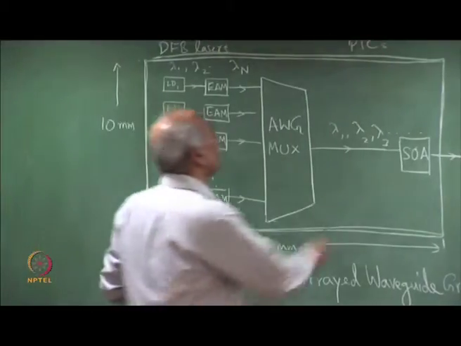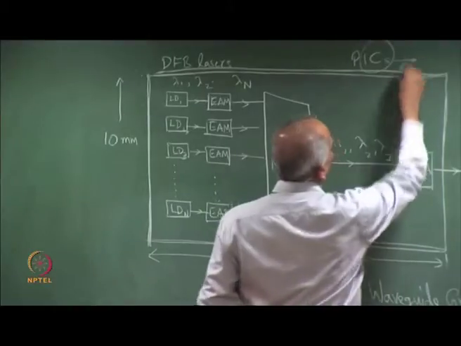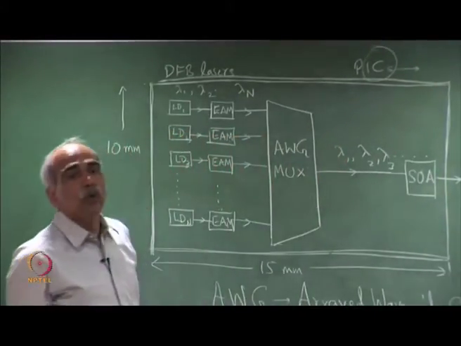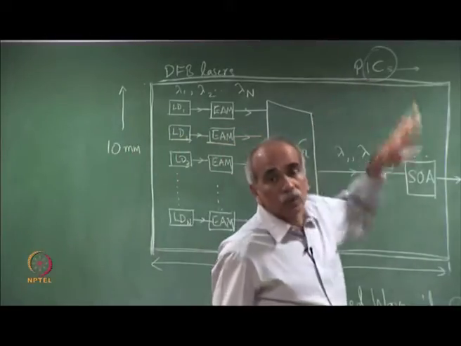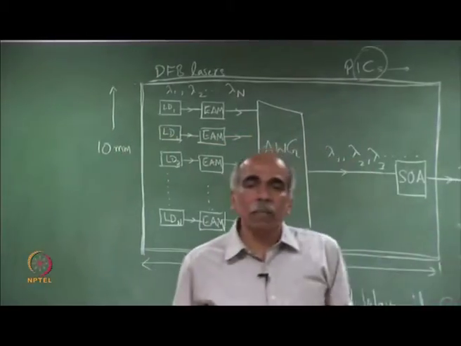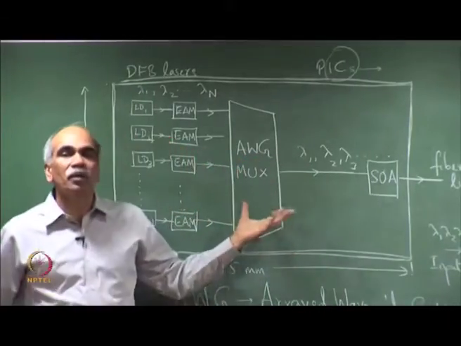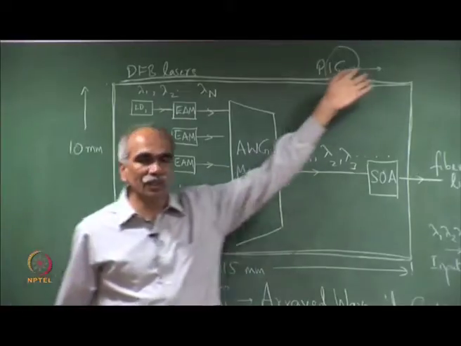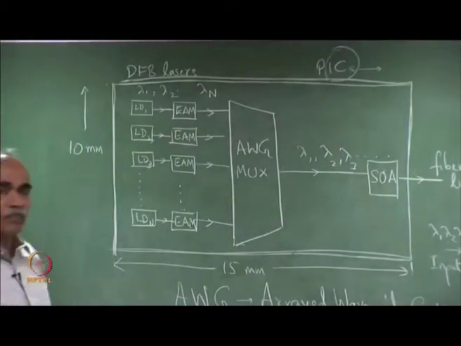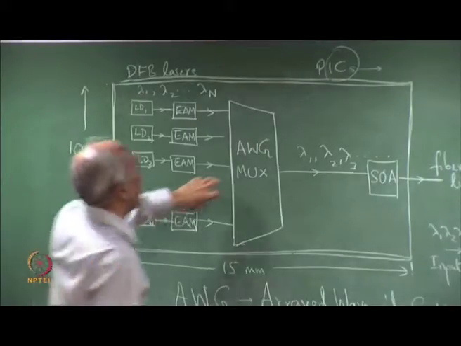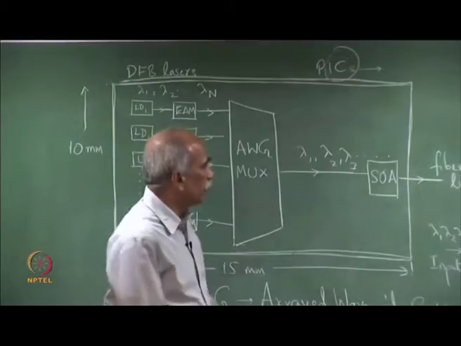We know the importance of electronic ICs, where tens of millions, hundreds of millions of components are integrated on a single chip. Comparatively, the numbers are very small. The number of components integrated on a photonic chip is much smaller compared to the nearly billion components on a single electronic chip. Nevertheless, the advantages of integrating components